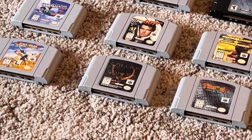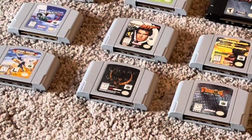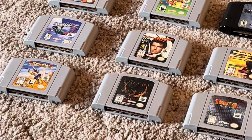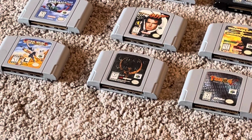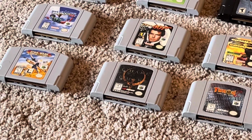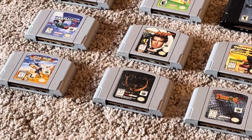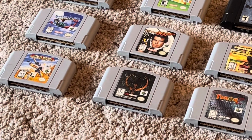And here you have the original Quake. Now Quake was, at the time, it was Wolfenstein 3D, then it was Doom, and then Quake, and the Quake engine kind of took it to the next level. And this is a really nice port of it. It's a lot of fun. It's really gory. I think there's also Quake 2 and 3 as well on the Nintendo 64, but I just